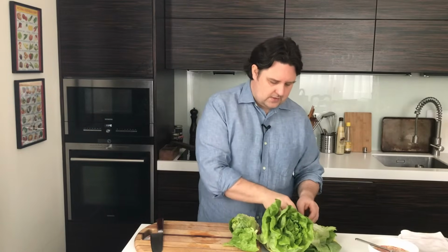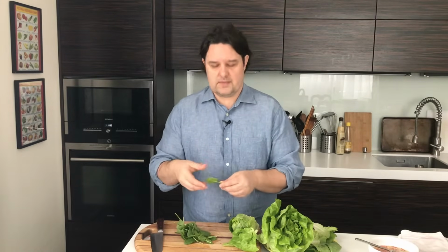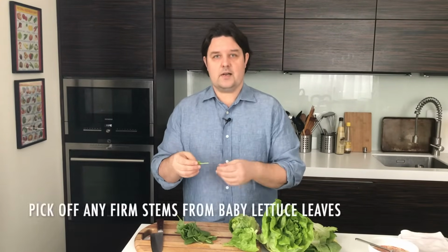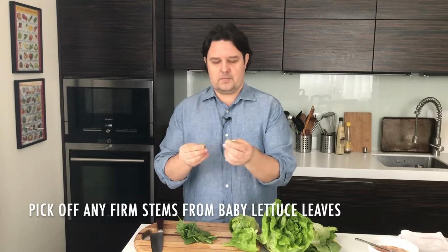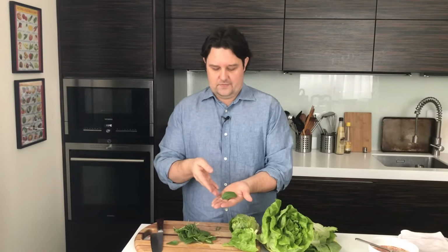If you're going to use something like baby spinach, the only thing that you need to be careful of, or with the mesclun mixes, is these little stems. So this seems pretty delicate, but I find that sometimes if they're a bit bigger, they're a bit tougher, you may want to just cut them off or tear them off, because they also have a tendency to pierce the rice paper, and then it breaks, and then you feel a little defeated. And that's the only reason why. Whereas if you were to use just the leaf and not the stem, there's less chance of it piercing